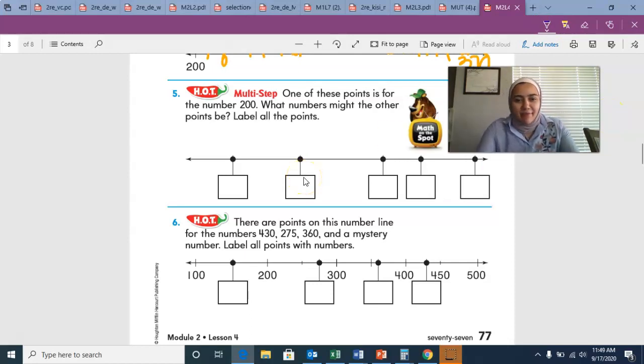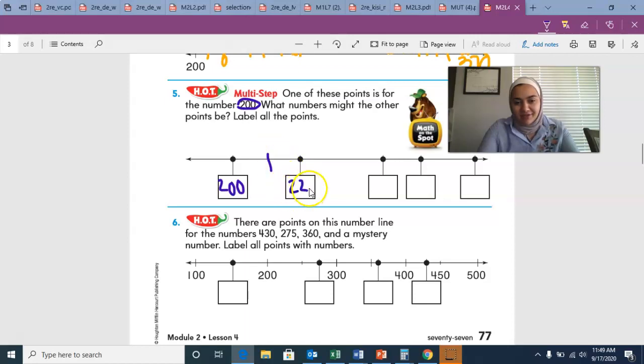All right. One of these points is 200. What numbers might the other points be? Label all the points. So I'm going to make this easy on me, and I'm going to say that 200 is the first number, because then I know all the other points are going to be something bigger than 200. So if 200 is the first number, this would probably be 210, and what would this be if we're counting by tens? 210, this would be